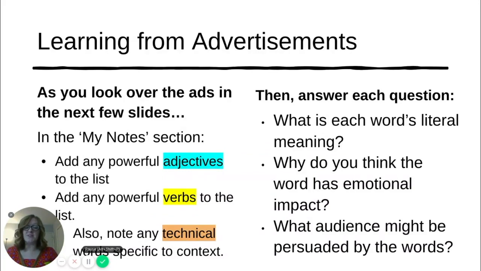Remember that pathos is a way of creating an emotional response by using powerful adjectives and powerful verbs to convince your audience. You will examine the advertisements in the next few slides. Make sure to analyze the advertisement for technical words. These words are important to context or the subject of your article. You must understand these words in order to understand the topic of your advertisement. Also, look for powerful adjectives. These are words that are very strong